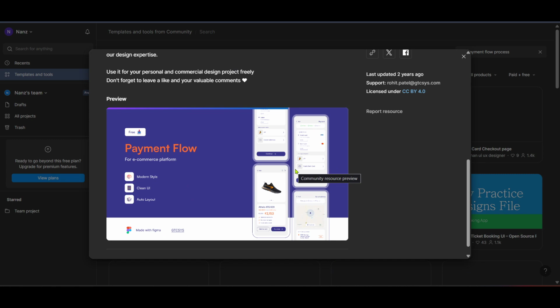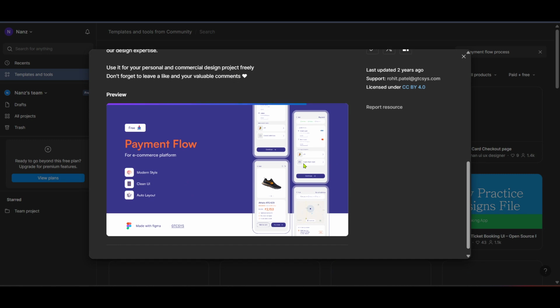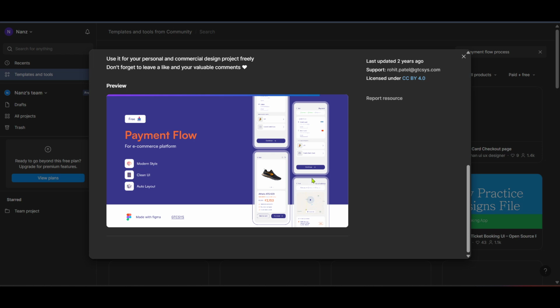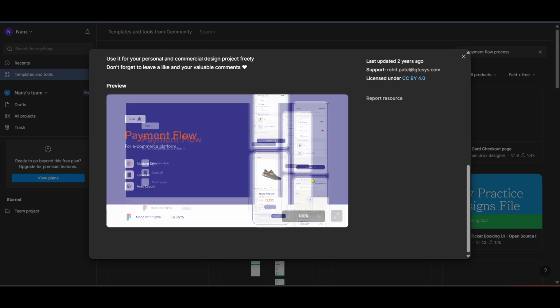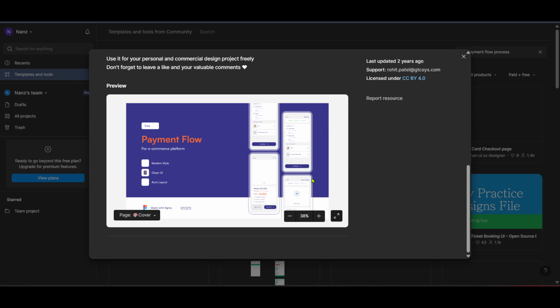With this knowledge and these tools at your disposal, you're well equipped to create a smooth, efficient, and modern app payment system that enhances user experience and aligns with your brand's ethos. Remember, the key to a successful payment system lies in both functionality and aesthetics, ensuring user-friendly navigation while not compromising